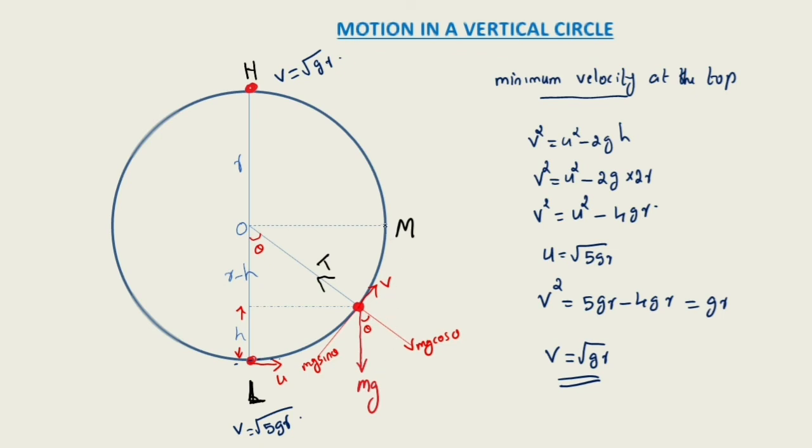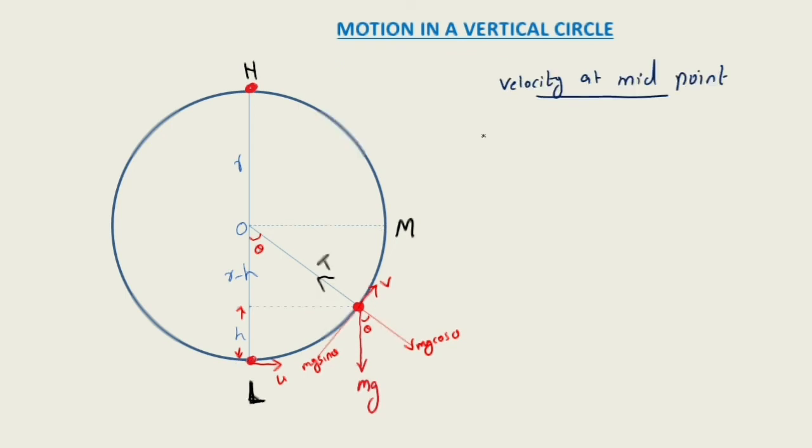We have marked it here as M. Let's do that also. If we use the conservation of energy principle, the total energy is equal to kinetic energy plus potential energy. Correct? So we can write the total energy at the point M, where the object has reached. E is equal to half m Vm square, noting it for the midpoint, plus the potential energy, which is mgh.